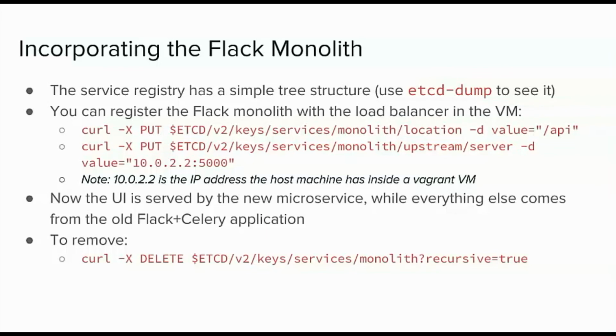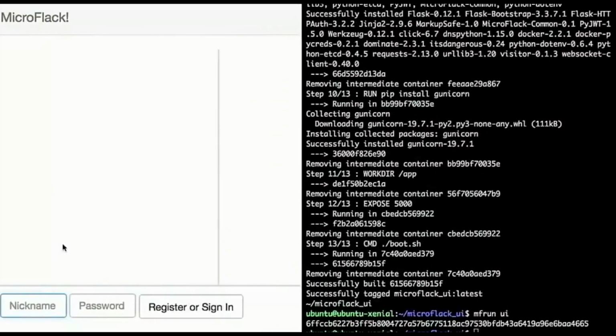So this is exactly how you will do it, out of the 3 approaches, the middle one, where you start breaking pieces out into services. Each time you break a new piece, you remove that from going into the monolith by changing etcd. Does that make sense? So I think I can show you that. I don't have the old Flask running, but